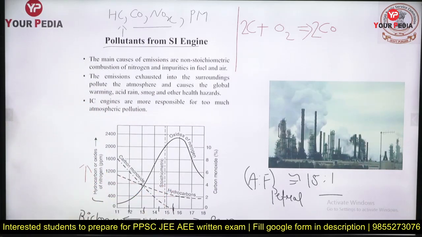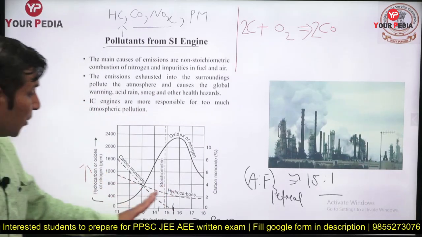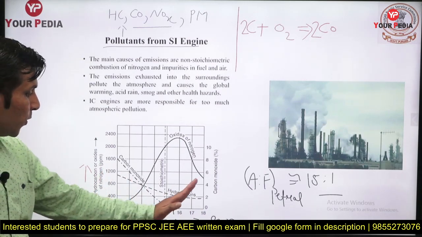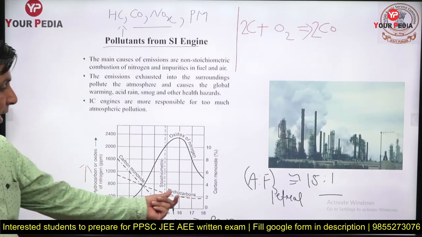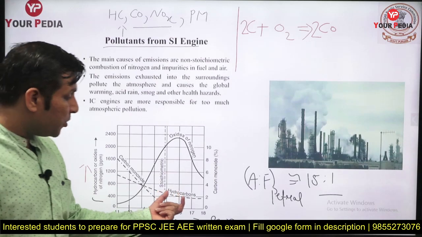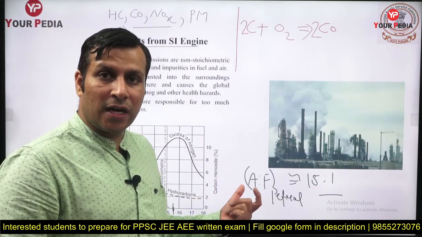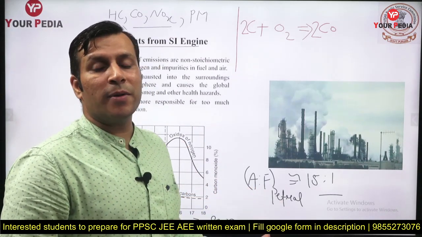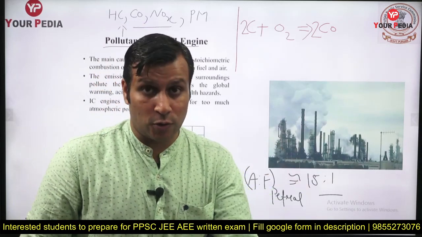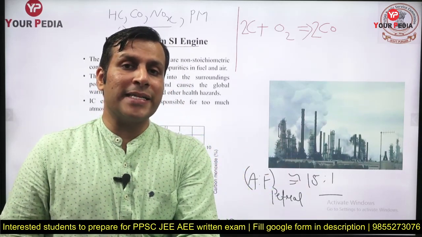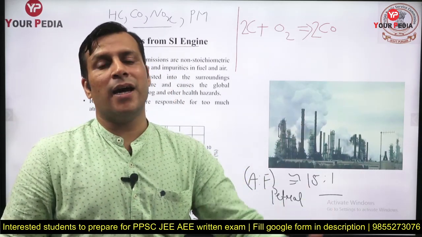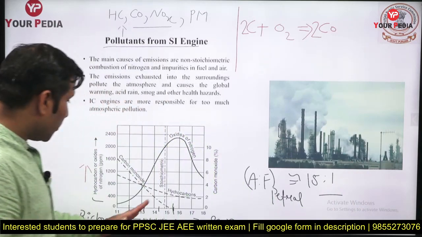You know guys, all fossil fuels like petrol and diesel are known as hydrocarbons. So if some unburnt fuel gets into the exhaust product, that is known as hydrocarbon emission. Hydrocarbon emission may be directly there in the exhaust product, and you can also get it due to evaporative losses, because evaporative losses can take place in the engine tank and in the other pipelines also. So you can check it here.